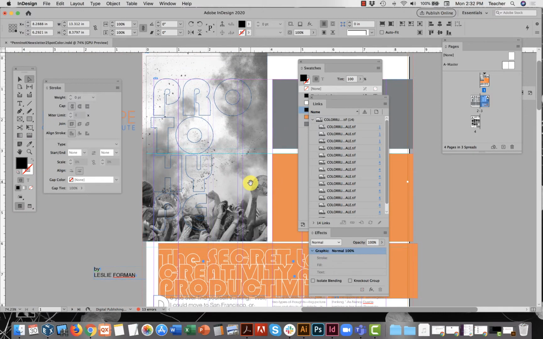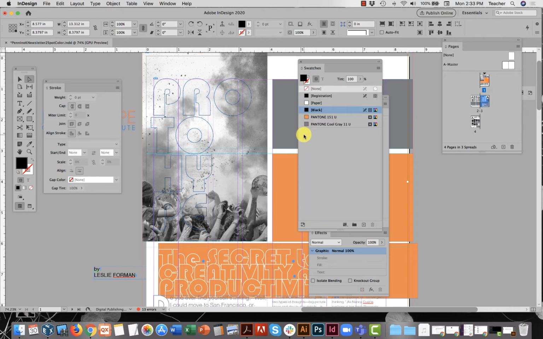And then check this out, because these images are using a color right now. What color is it that these grayscale images are using? They're using black. This is bad, right? Because black is an ink color, and I'm trying to get every single thing in my InDesign layout to only use either Pantone 151U or Pantone Cool Gray. I cannot have my images also using black as a color because that is a separate ink color.